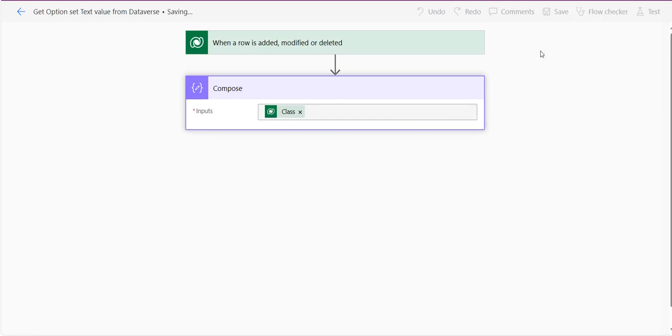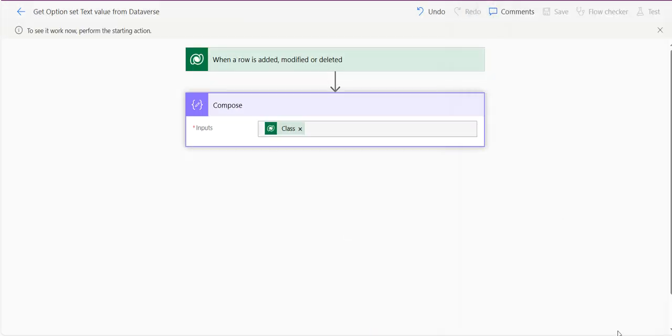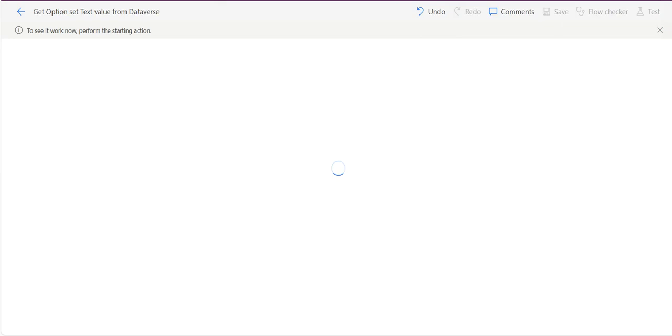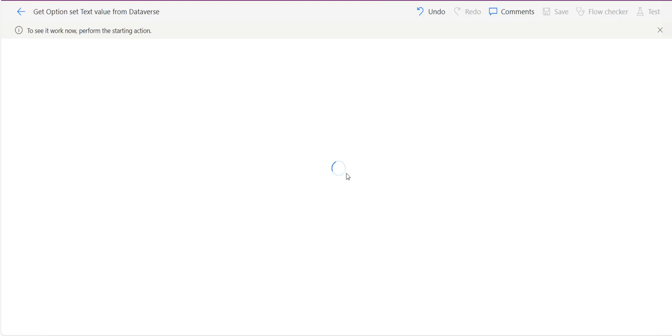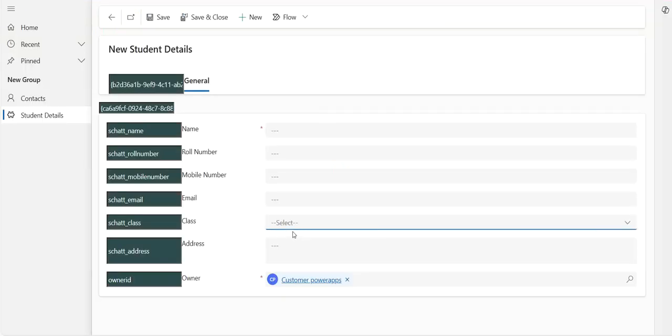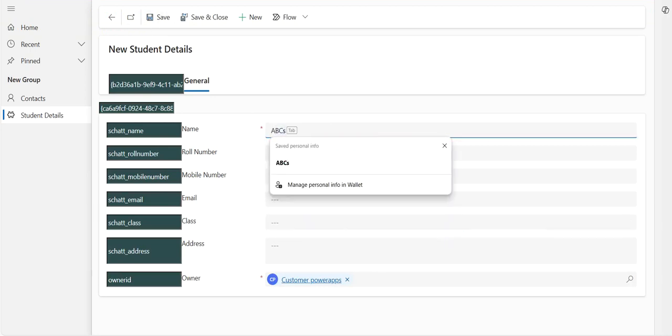I'm saving this record. Now I'm testing this one manually, because as of now we can trigger it automatically also. The first time I'm doing it manually. Automatic means when you create a record or modify it, it triggers automatically. I will show you that one also. Okay, now I'm creating one record, named something like ABC,